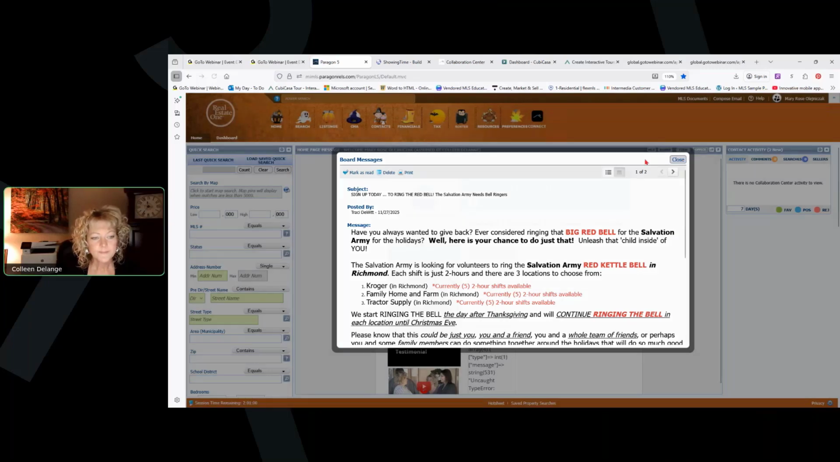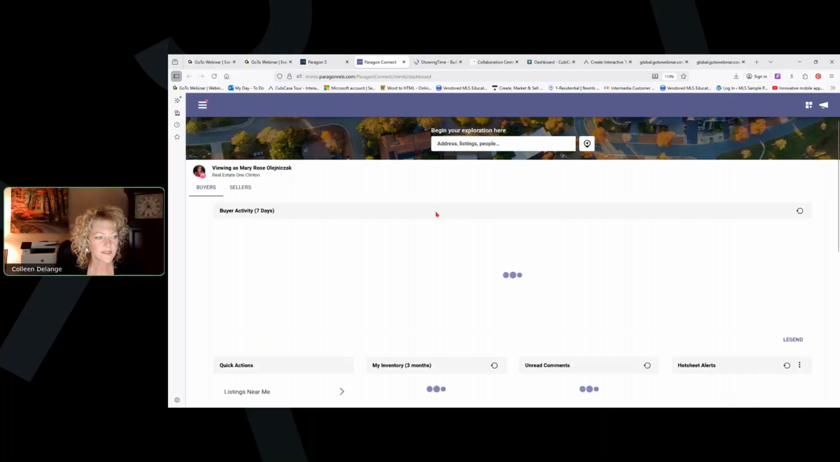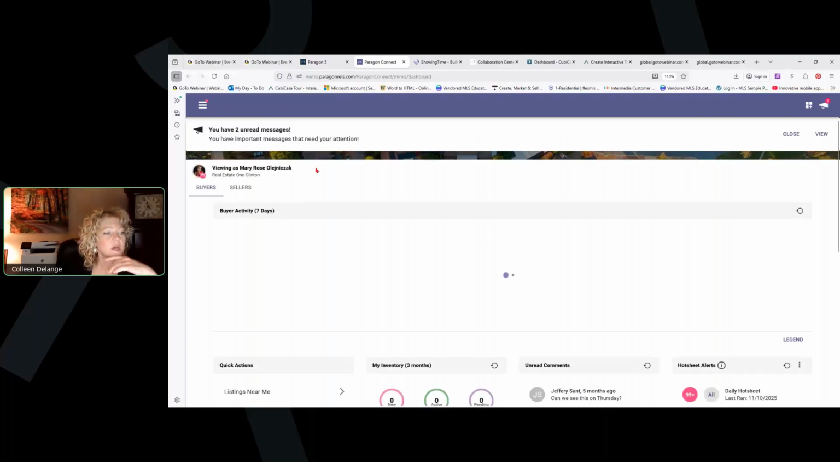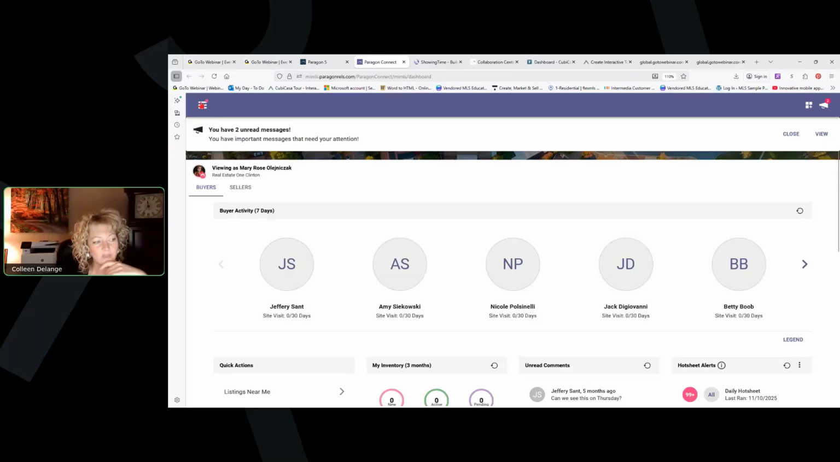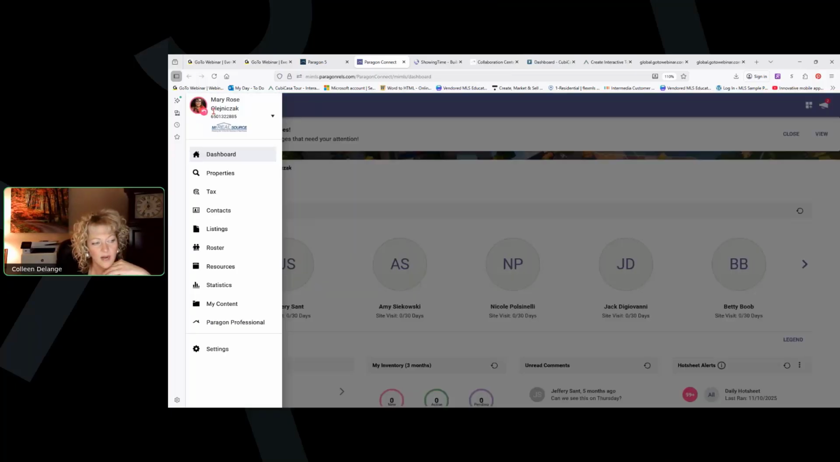So when you go in, I'm just going to click on Connect here. I know she's got a listing here that we can use. When I go into Paragon Connect, I'm going to basically navigate the app by the little hamburger stack over here to the left. This is where I can access my listings, I can quickly find a